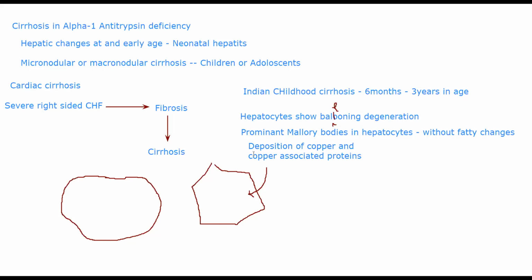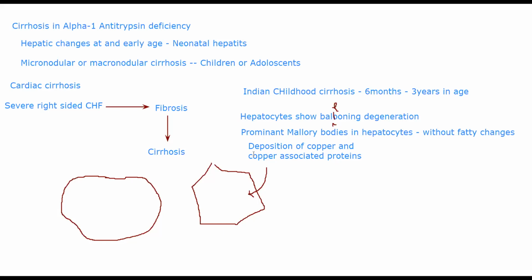Okay, I'll repeat once again just in case you did not understand. Indian childhood cirrhosis is a special, unusual condition, which occurs in children aged between 6 months to 3 years. Though there is no viral infection as a cause, it can occur due to either toxic effects of copper ingestion, or it can be due to an inherited abnormality in copper metabolism, wherein the patient is not metabolizing copper properly. Okay, either or both of them can occur.